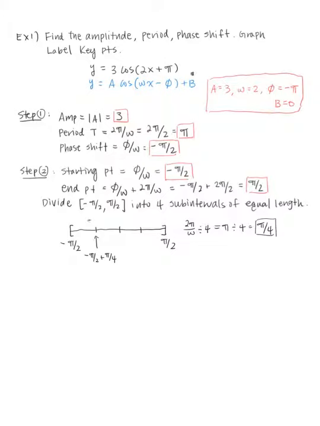Just write it like this, negative pi over 4. And negative pi over 4 plus another pi over 4 will be this point. So negative pi over 4 plus pi over 4, so this is 0. And next one should be pi over 4. And the next one is pi over 2. So the subintervals are